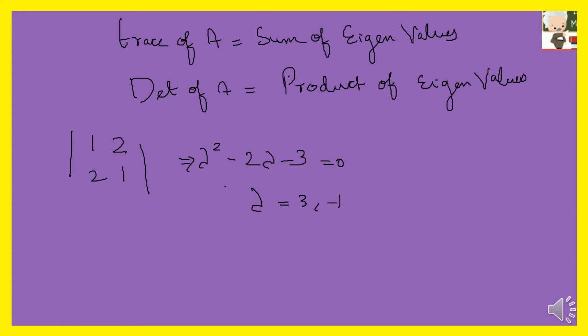So what I said, trace of a matrix is sum of eigenvalues. What is your trace in this? It is 2, right? So just look, your sum of eigenvalues 3 minus 1, which is 2. And then determinant of a matrix is product of eigenvalues. Determinant is minus 3, which is again a product of your eigenvalues. So by this way, you can check whether the eigenvalues which you have got are correct or wrong. Because sometimes it's human nature to make some calculation mistakes. So this is one of the ways through which you can cross check your eigenvalues in your exams.